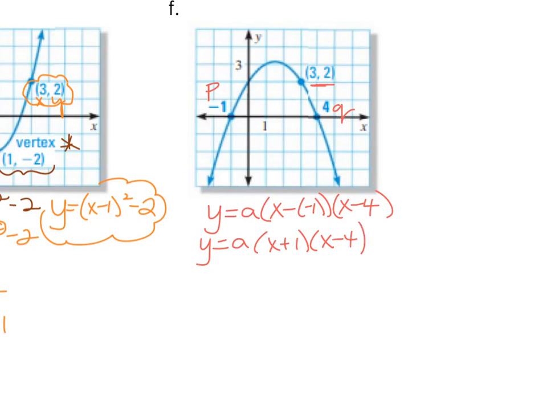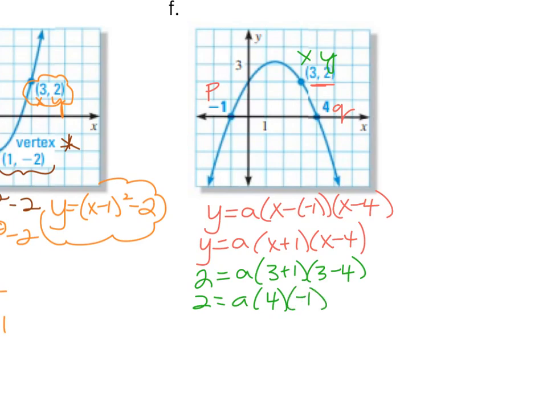Now, the 3 and the 2 are going to be helpful for us. We can use those values and substitute x and y. If I substitute 2 on the left for y and 3 on the right for x, all we need to do here is simplify. 2 on the left still. 3 plus 1 is 4, and 3 minus 4 is negative 1. That would give us negative 4a. To get a by itself, we're going to divide by negative 4, and a would equal